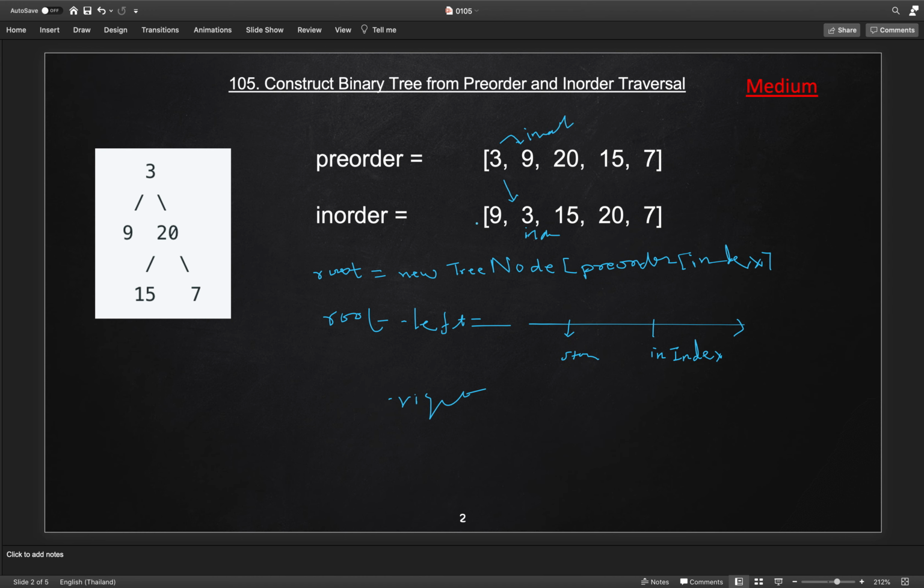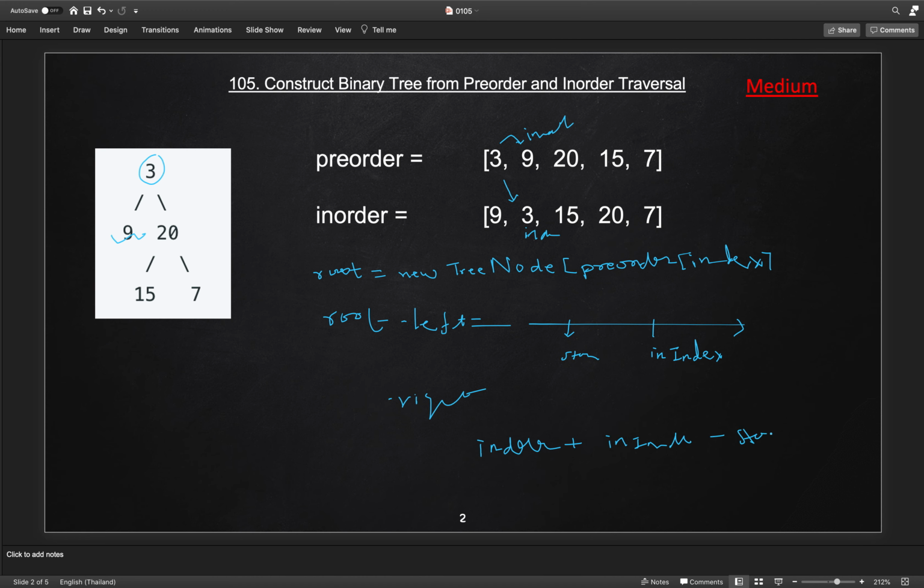If you see, the pre-order traversal will process the right subtree only when it has processed all the left subtree nodes. Once it processes this side, only then will it come to the right tree. So first it will process the root node, then the whole left subtree, after that the right. So the index for the right subtree will be index plus the number of nodes in the left subtree, which is the in index we found, where our original root is, minus the start.